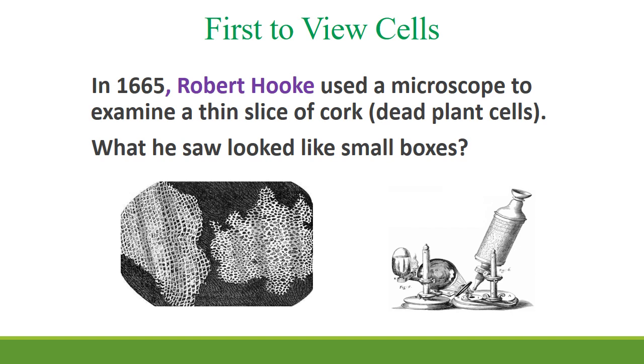While observing a thin slice of cork, Robert Hooke saw that the cork resembles the structure of a honeycomb, consisting of many little compartments. Cork is a substance which comes from the bark of a tree. This was in the year 1665, when Hooke made this chance observation through a self-designed microscope. He called these boxes cells. As we know, cell is a Latin word meaning a little room.